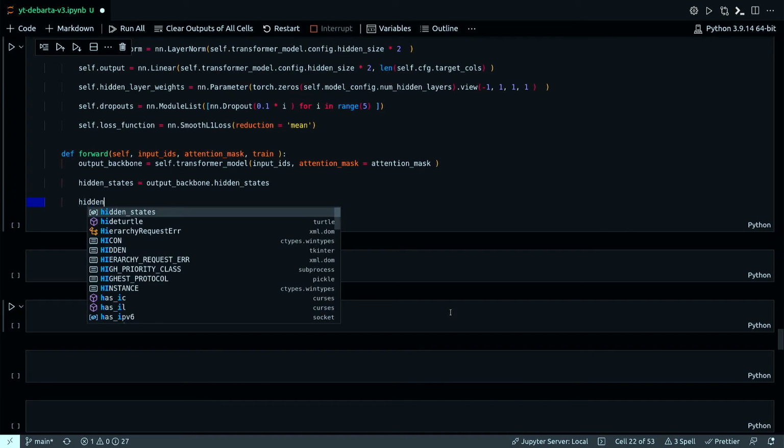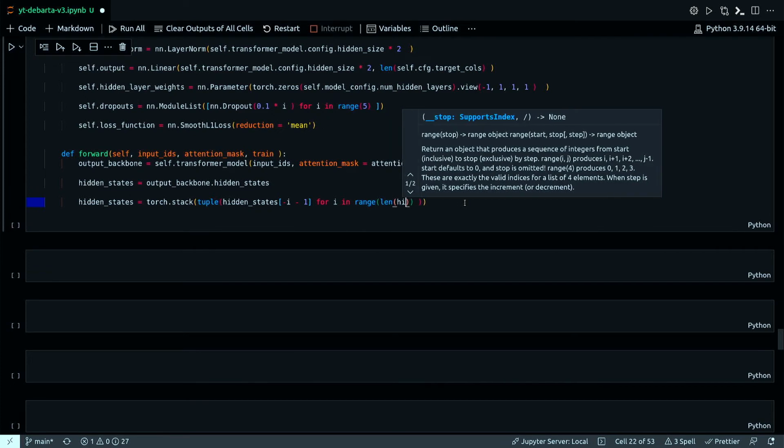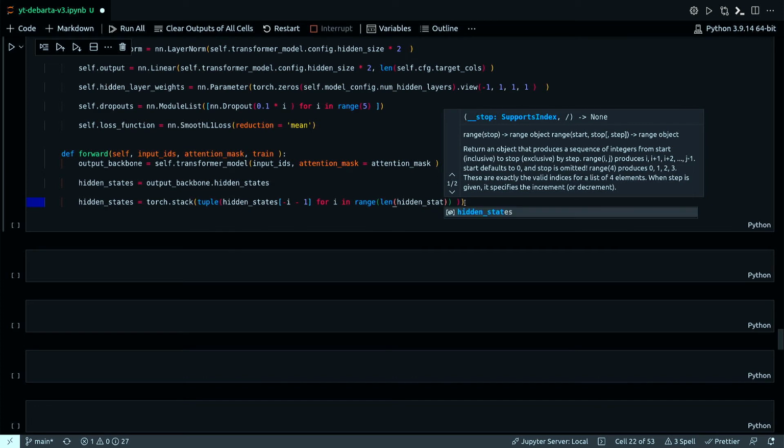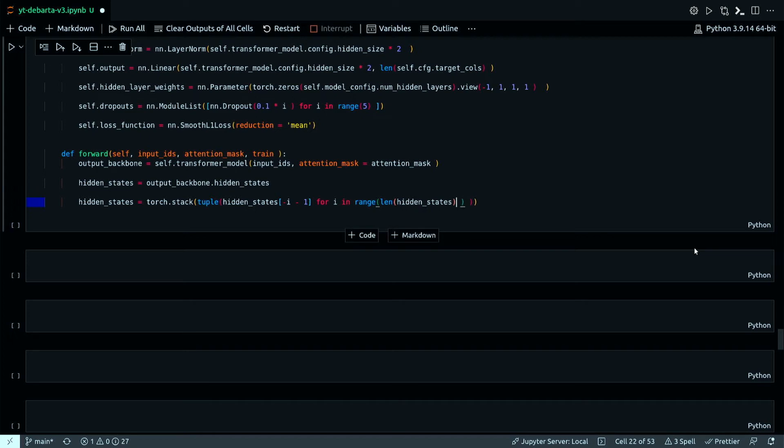So tuple, and for the hidden states I need to do minus I minus 1 for I in range len hidden states, and then minus 1.